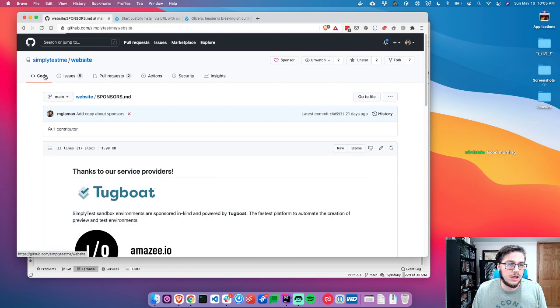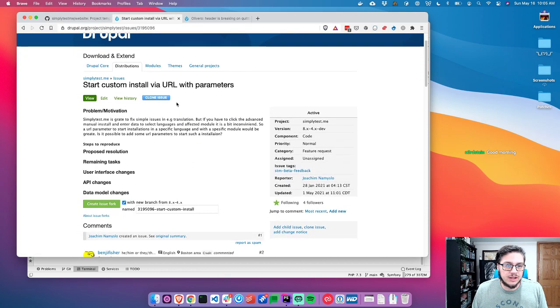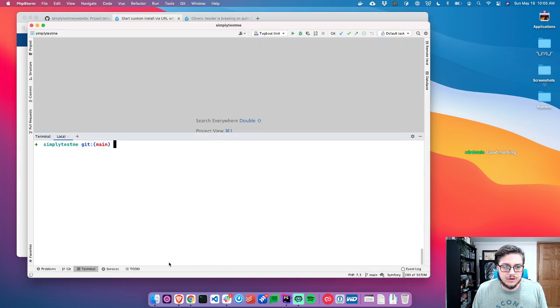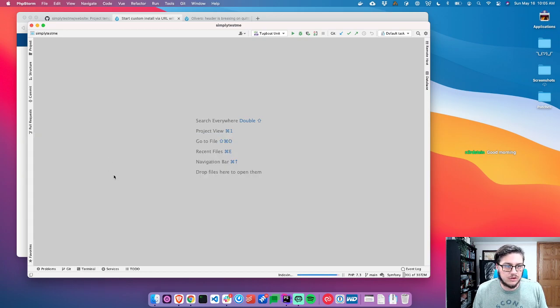All right, so let's get started on this, to get the custom install via URL parameters. Okay, I've got my Docker running. I should probably get the environment running. And we'll get started. Oh, there's a new DDEV update. So right now, when we go to a site or on our page,